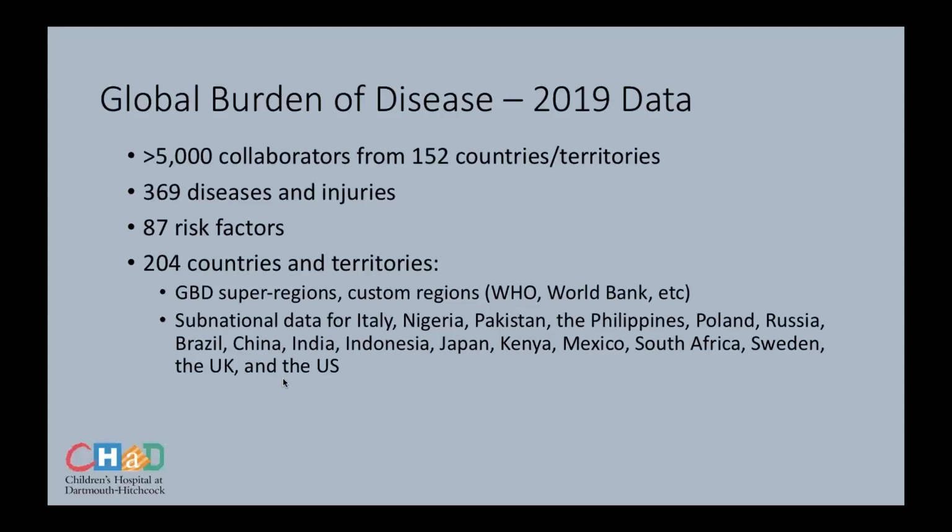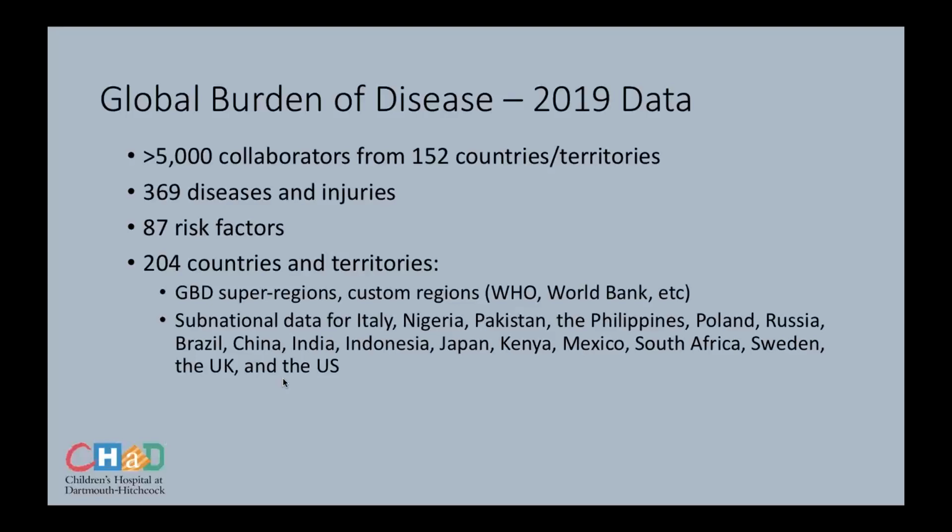There were nearly 370 diseases and injuries reported on and included 87 risk factors. And every year they increase the number of countries and territories that they're able to report on. So this past publication included 204 countries. And you can break them down, and I'll show you this at the end as well,